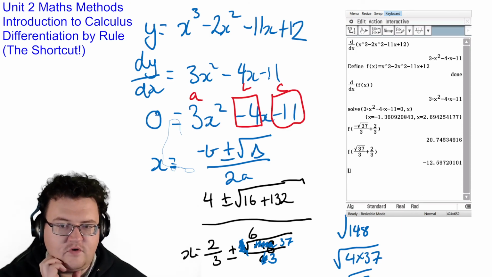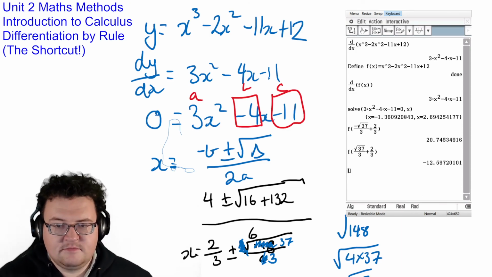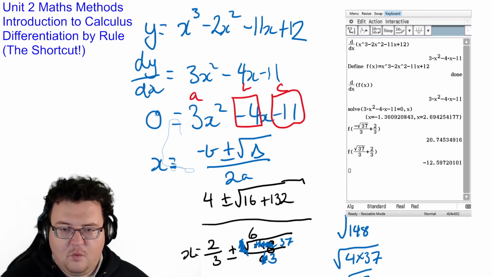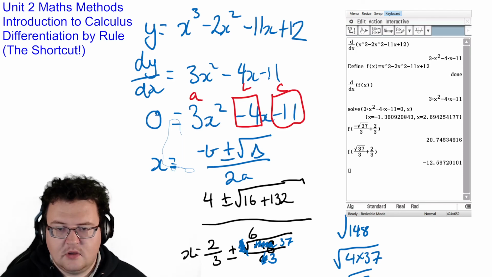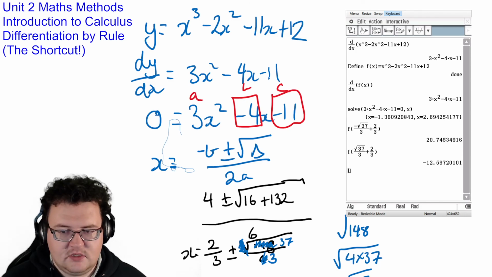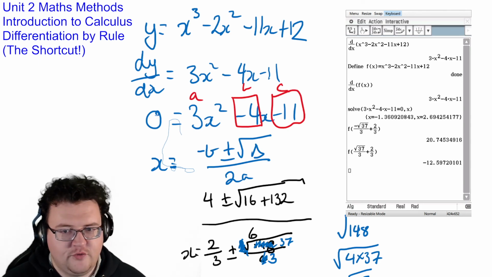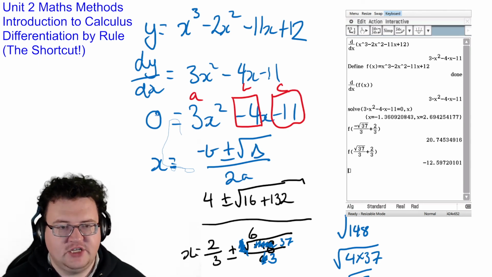So there you go, you've got the first one, which is negative 1.361 and 20.745, and then the other one is 2.69 comma negative 12.597, and those would be your exact locations of your turning points,